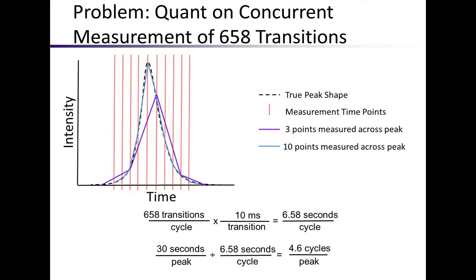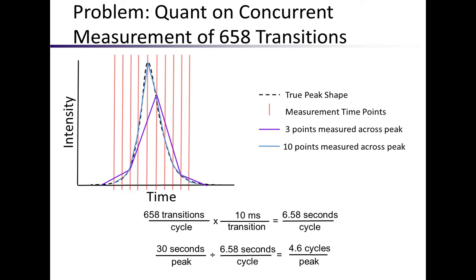All right. So the next thing I want to talk about is being able to do quantitative analysis on these, because what we have are these Gaussian peaks that we're measuring, and we want to estimate the true peak shape by selecting them. So I had a project where I was looking at 658 transitions, and that's where these numbers are coming from, right? So if I'm measuring a whole bunch of transitions concurrently, say I only get to come back to the original transition, the first transition in my list, every, I don't know, 7 seconds, okay? Well, then I'm only going to take a few points over the course of a peak,